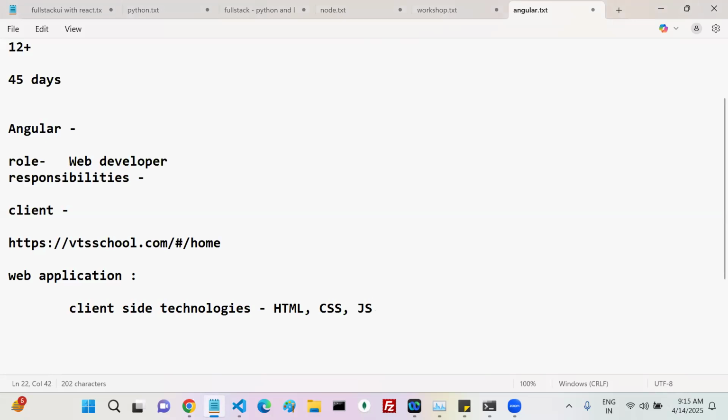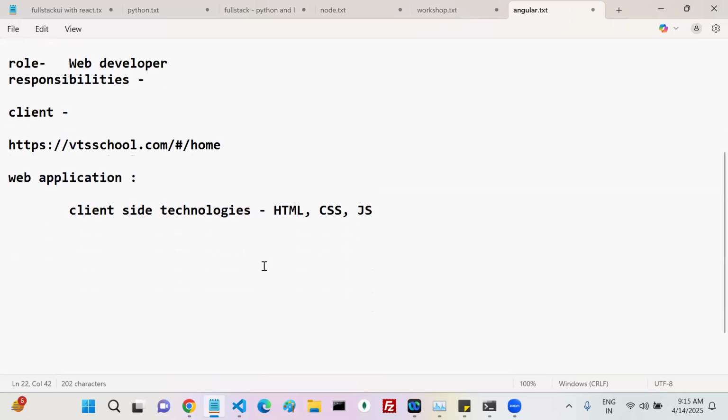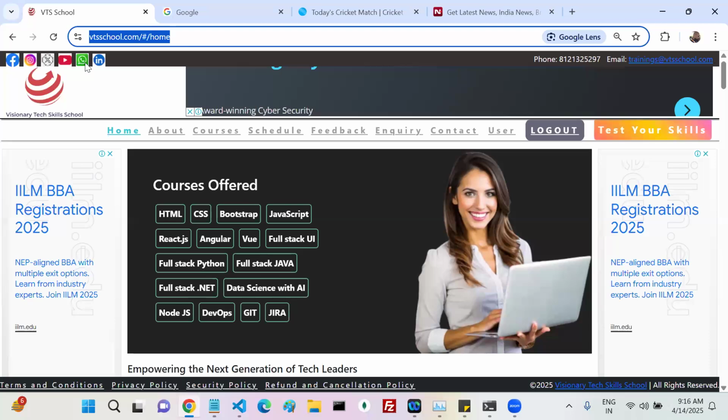My browser knows only three things. Do you know that? HTML my browser can understand, CSS my browser can understand, JavaScript my browser can understand. Other than that, my browser doesn't know anything. So HTML, CSS, JavaScript. On top of JavaScript, we have some other libraries and frameworks. React is one library, Angular is one framework, Vue is one library, Ext.js, Backbone.js, like this there are different libraries and frameworks.